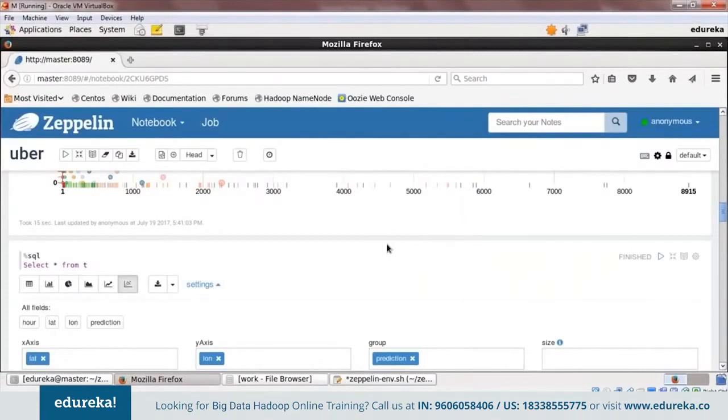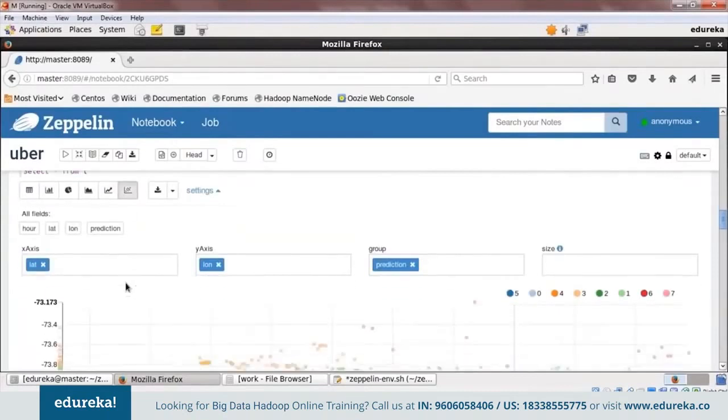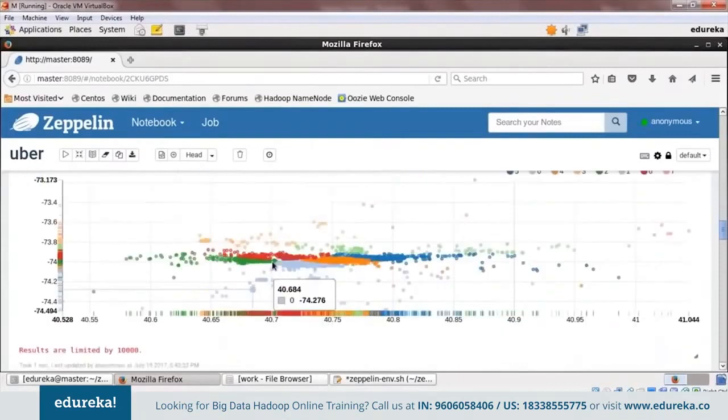And this is what another table view looks like, which is T. So here we have latitude and longitude, and this is where we are finding the beehive locations. So I have got the distribution in a scatter plot again, and you can see that we have got very dense points over here. It means that these represent the beehive points. So what you can do is put the US map and scale it according to this scale over here, and then you can exactly find out the exact location where you need to put your cabs around the 17th hour or the 16th hour of the day, all right?